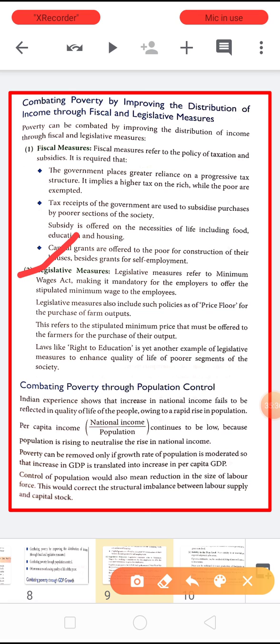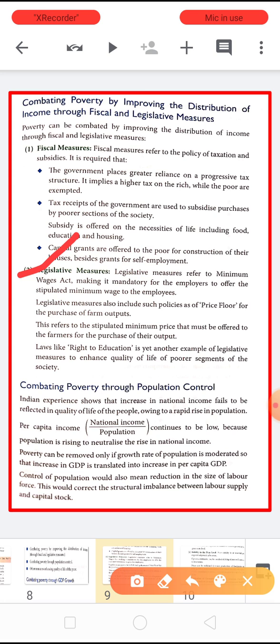Now, children, let us learn the second measure adopted. The second one is legislative measures. Children, legislative measures refers to the Minimum Wages Act, making it mandatory for the employers to offer the stipulated minimum wage to the employees. Legislative measures also include such policies as the price floor for the purchase of the farm outputs. This refers to the stipulated minimum price that must be offered to the farmers for the purchase